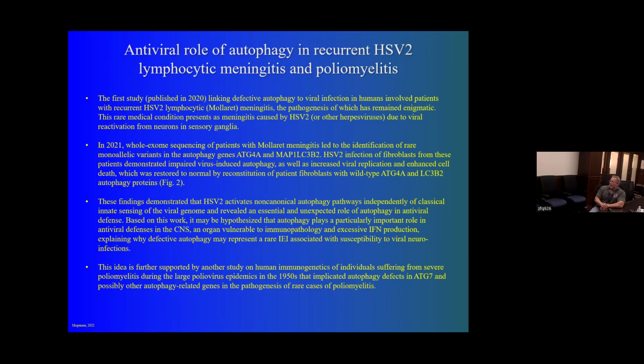And they were able to restore these people to a normal function by supplementing in these normal copies of these genes. So they found people that had HIV or had HSV2 and they had deficiencies in these two genes. They were able to go in and restore the function of these genes temporarily, and they saw them able to have normal autophagy, normal production of these proteins, and the virus was cleared and shut down.